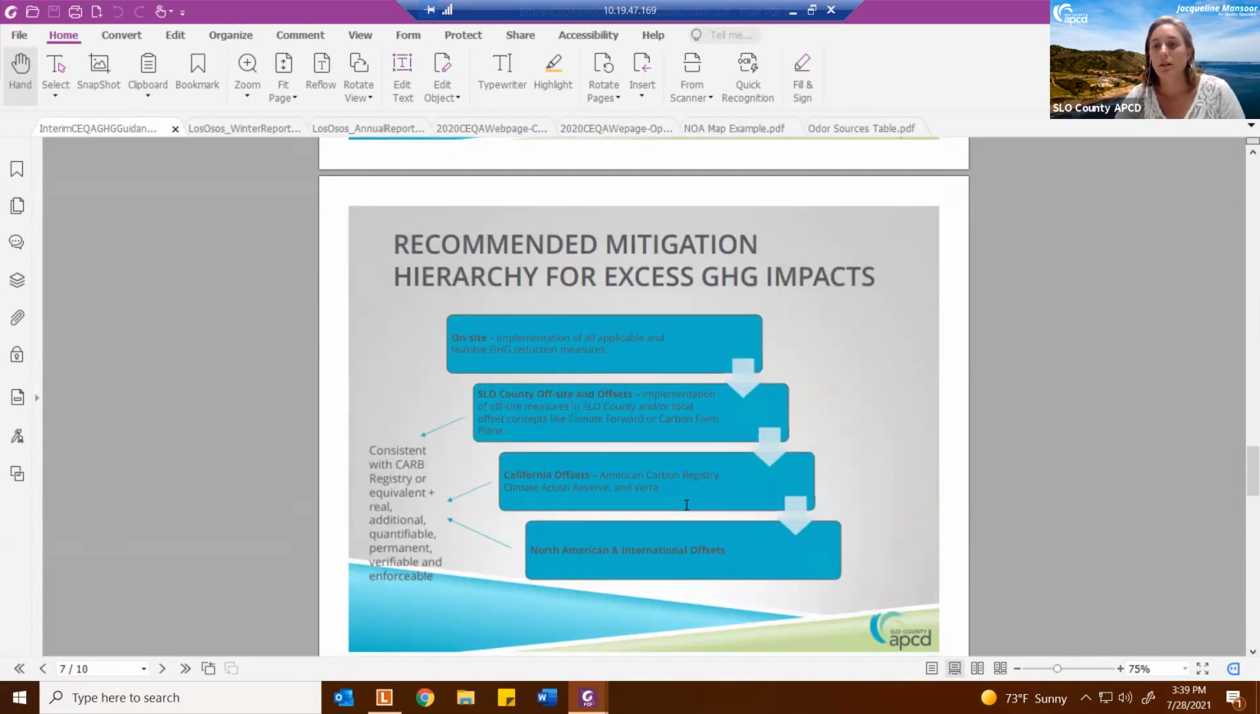So once you have the appropriate threshold for your project and there are impacts to mitigate, in our guidance we have a hierarchy for mitigating those impacts. So it's kind of a start local and go abroad approach. The first thing you would do would be to implement all on-site greenhouse gas reduction measures, and then move on to SLO County offsite and offsets, which could be implementation of local offset concepts like Climate Forward or carbon farm plans,